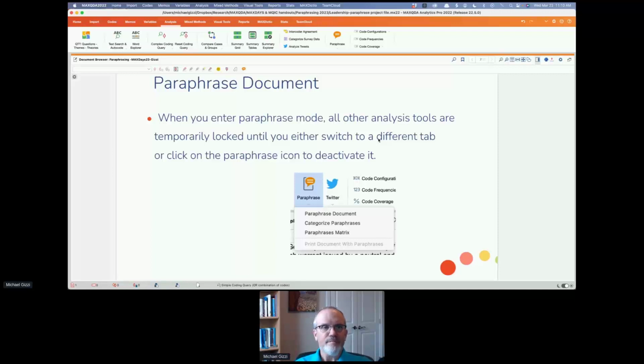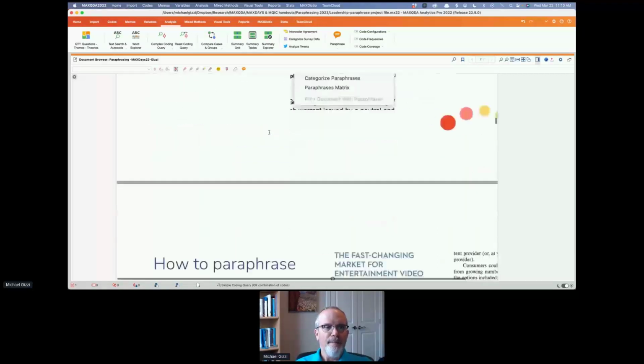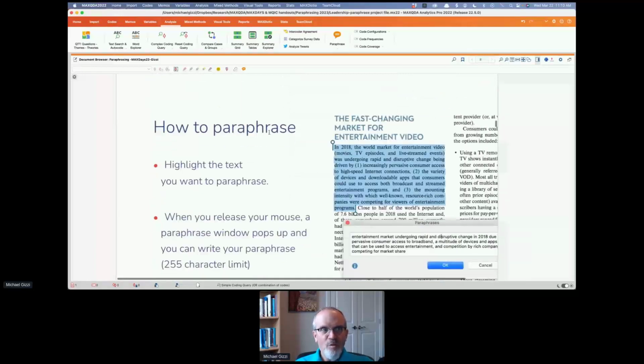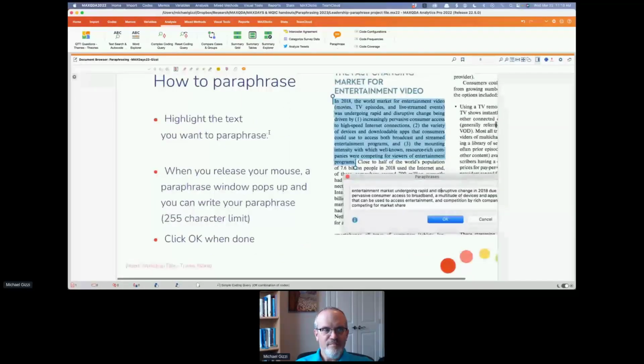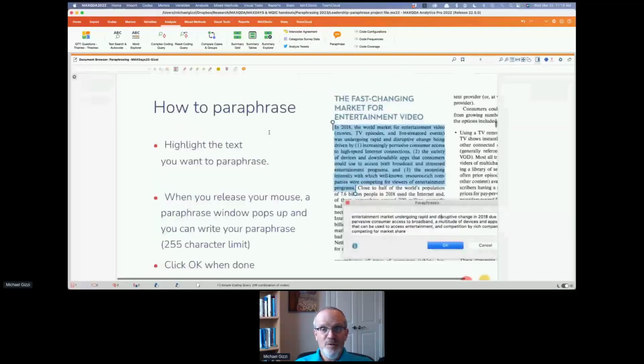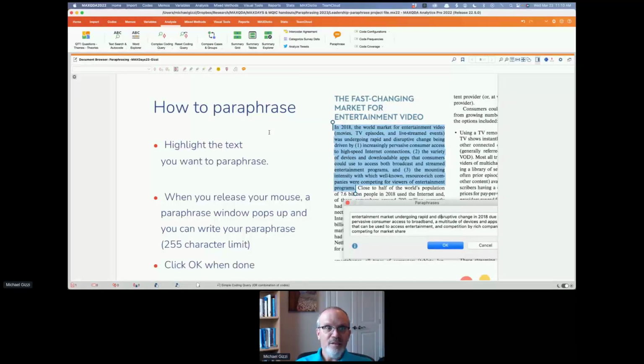So how do we paraphrase? It's really quite simple. You turn on paraphrase mode, you highlight the text, you select the text that you want to paraphrase. When you release your mouse or your trackpad, that window will pop up and you can write your paraphrase up to 255 characters.